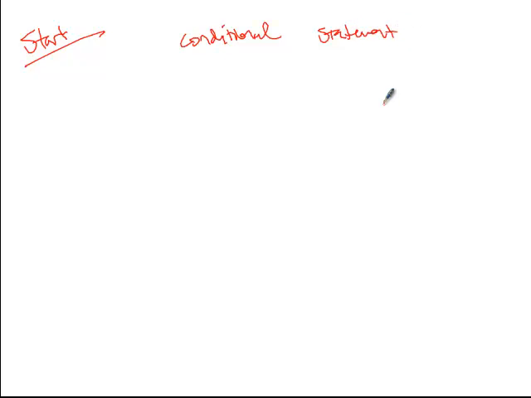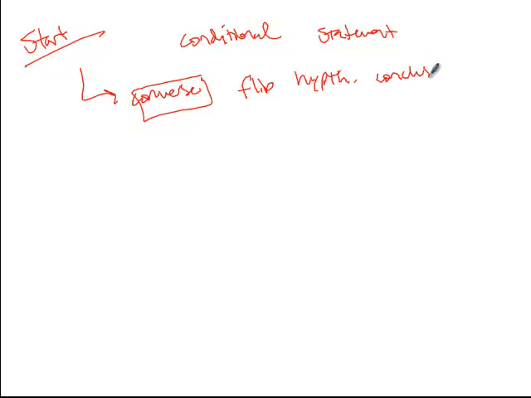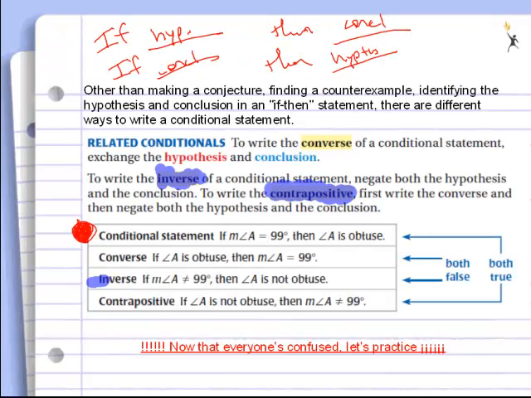Okay? The first thing that we do is we write the converse of it, where we flip the hypothesis and the conclusion. And we can even see that. Conditional statement says that if angle A is 99 degrees, then angle A is obtuse. If we flip that, we get, if angle A is obtuse, then angle A is 99 degrees. The next thing that we do